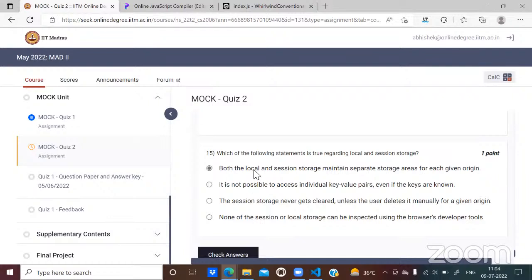The question is talking collectively about local and session storage, but the agenda to discuss is origin. That means whether both of these change for each different origin or not. It's not about local storage and session storage being different for a given origin. So what Govind said is correct. This is what we discussed in detail just a few minutes ago in the session.